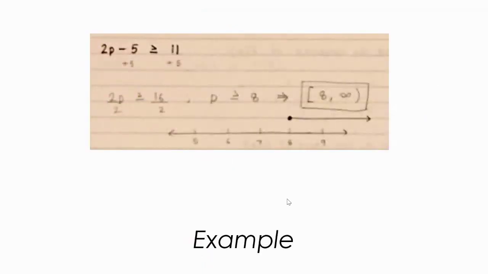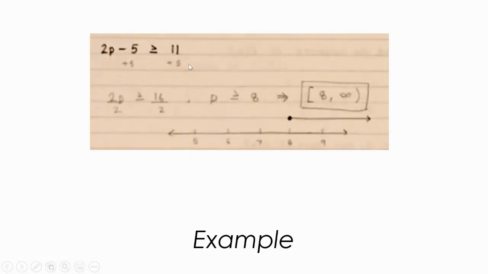Now let's look at this example. We have here 2p minus 5 greater than or equal to 11. If 2p was 2p squared, this would be a nonlinear inequality. But since there's no power of 2, 3, 4, or anything, this is a linear inequality. So the first thing you would do is